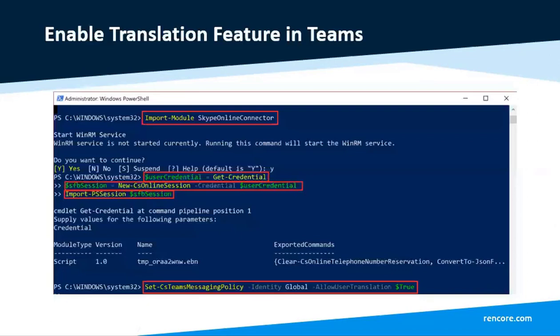That feature is not on by default. I won't go through the details here. Essentially, in order to use it, there's a long introduction of commands, but the important command here is Set-CsTeamsMessagingPolicy, and there's something called AllowUserTranslation. That's what gets that little